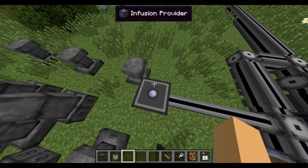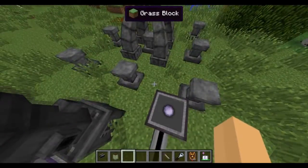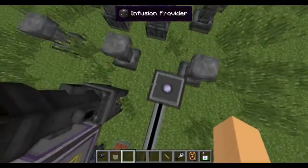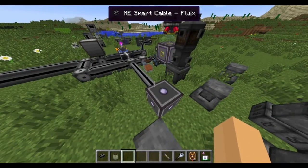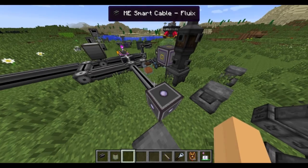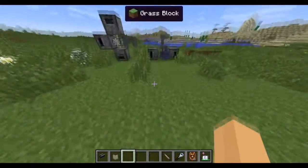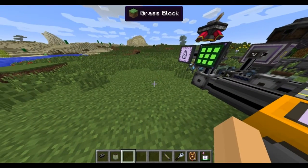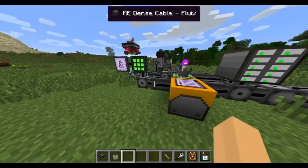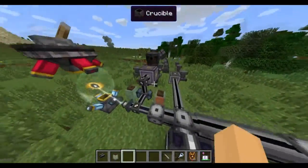So I have to say I really enjoy that, because I hate trying to run back and forth, trying to find through all my jars different Essentia, move them around, have my golems place more Essentia into the jars. So basically, if I just want to, I could just set up one, maybe a couple jars, because I'm pretty sure, well, let's see. I could probably